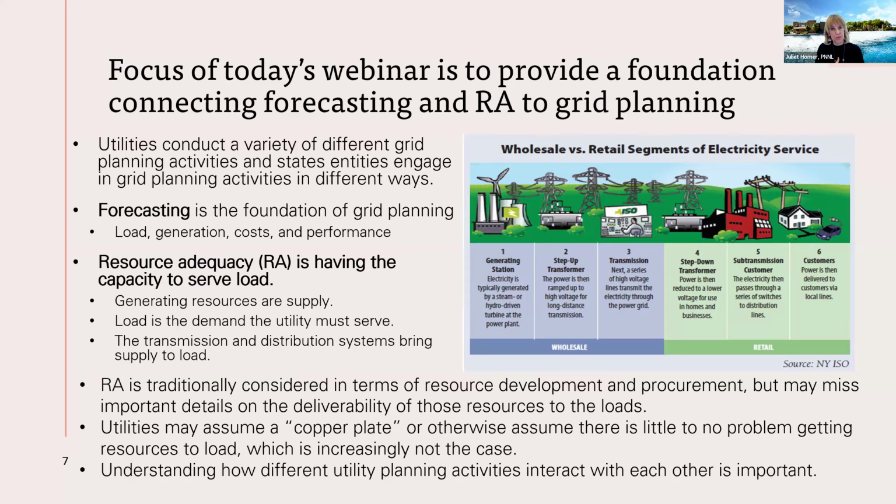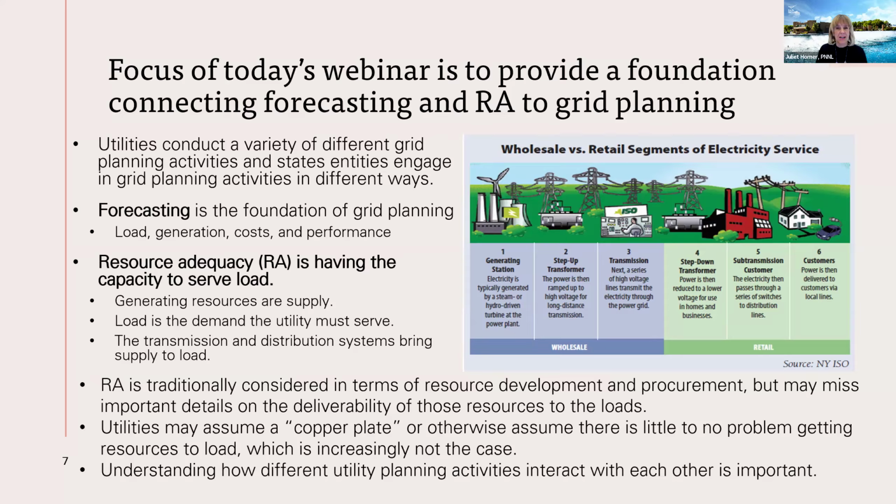So the generating resources are the supply. Of course, the load, end use customers' demand, is the demand that needs to be served, that utilities must serve. And then importantly, we have the transmission and distribution systems that bring that supply to load. Sometimes when people talk about resource adequacy, they focus in on the generation part of that. Do we have enough generation to supply customers? But it's important to really also consider the transmission capacity and the distribution capacity, or the deliverability of those resources